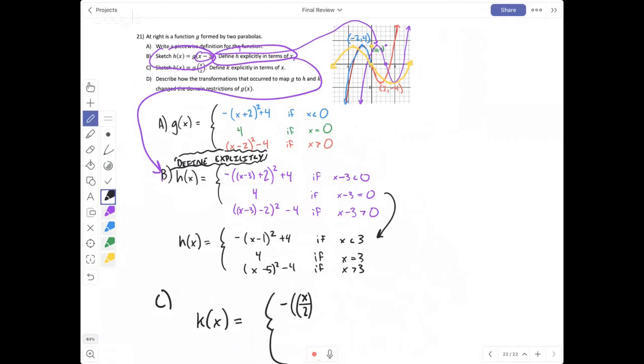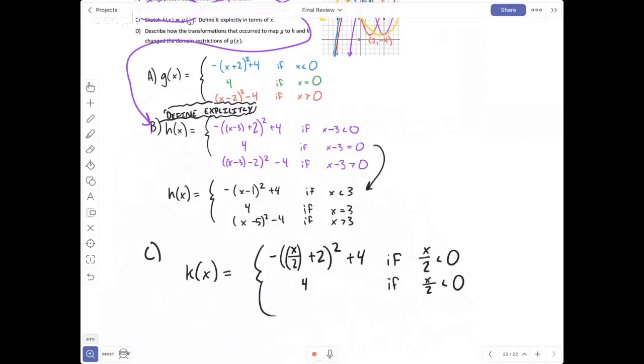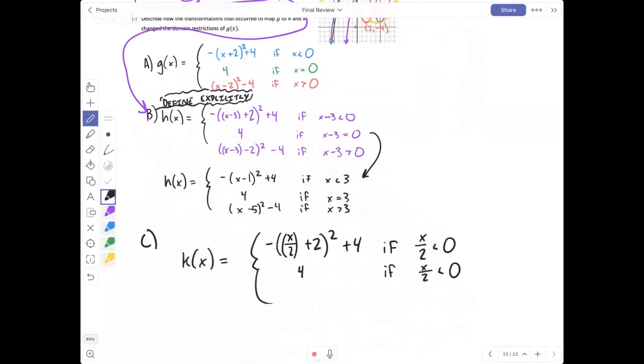That's what we get here, and it was plus 2 squared plus 4 if, and again, let's show it, x over 2 is less than 0, and then here it's 4 if x over 2 is less than 0, and then down here it is x over 2 minus 4 squared minus, oh, shouldn't be minus 4, minus 2,